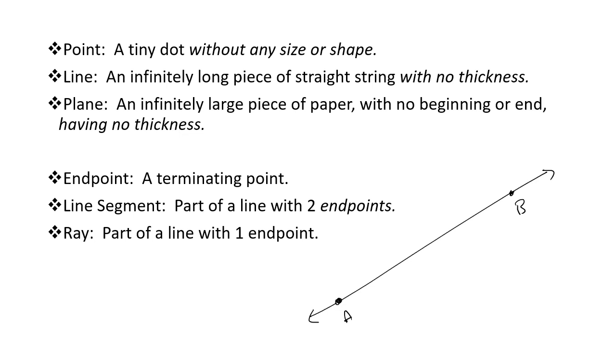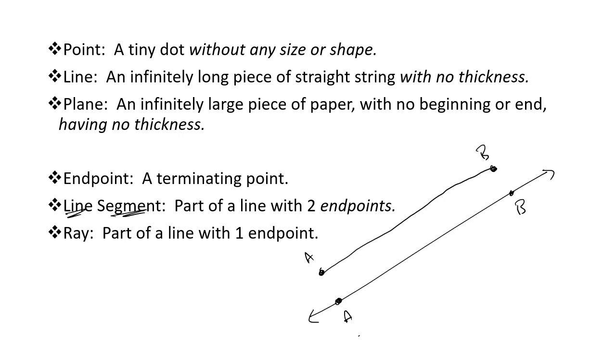Now, in this case, this is just a line. It's still going to the left and to the right, and we can see because we have these little arrows here that let us know that it's going to keep going. But now if I chop this off at A and at B, then these 2 points A and B become endpoints, because now this is going to stop at A and it's going to stop at B. That's what we mean by terminating, that it's going to terminate, it's going to stop at those points. Now, if I do that, then this becomes a line segment. So this is part of that line, and it has two endpoints.